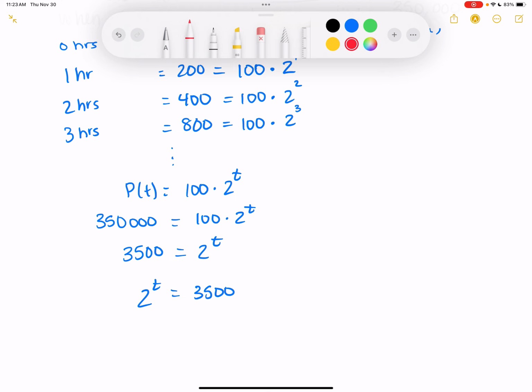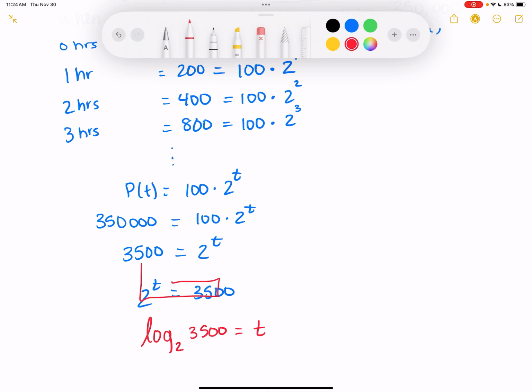And if you have a logarithm, you undo it with an exponential. So what we do is I draw an L, okay, which is going to be log base 2 of 3,500 is equal to t. And at this point, again, you still don't know what log base 2 of 3,500 is, but fortunately your calculator does. So if you get out your calculator,